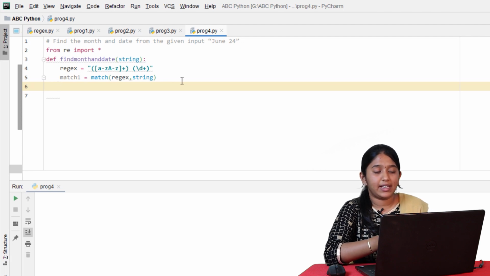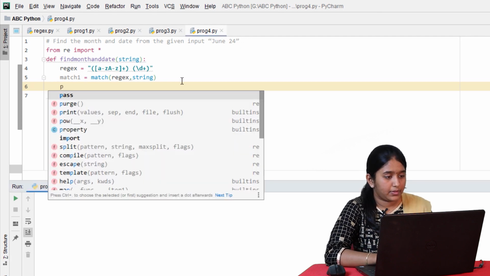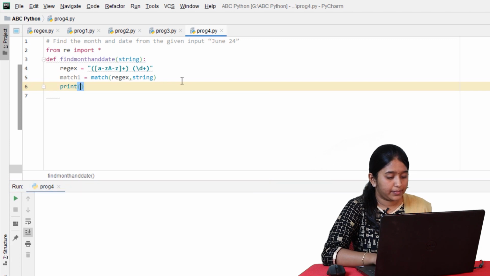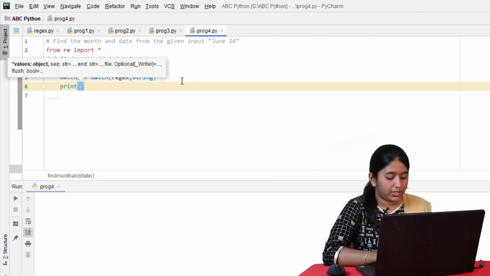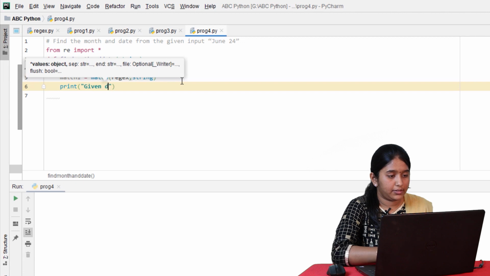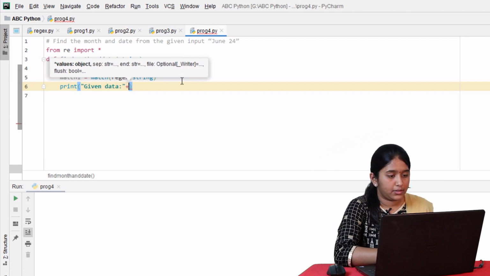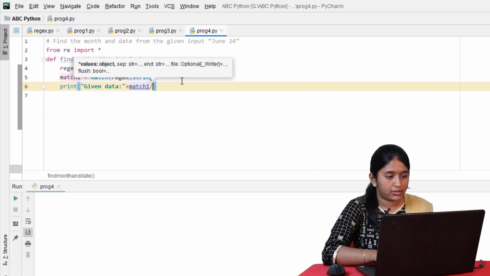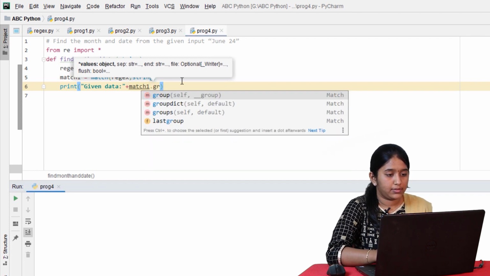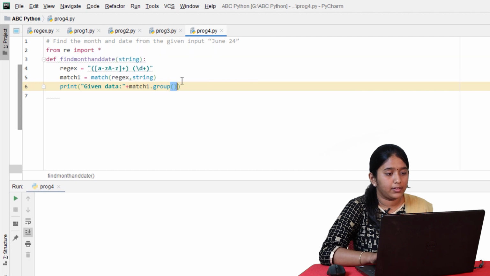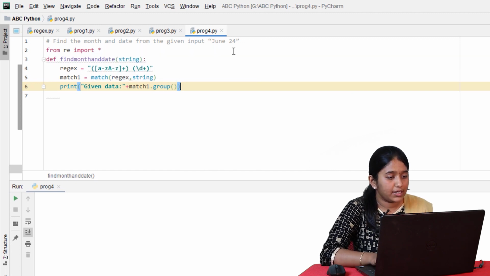Now let's print the data. Print. Let's first print the given data, which would be match1 dot group. So this would print the whole string.